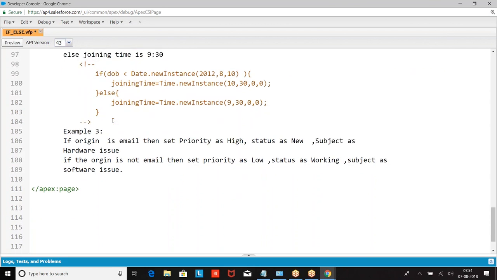This is how we have defined it. I hope you are clear. Write the second one. Write the second condition.